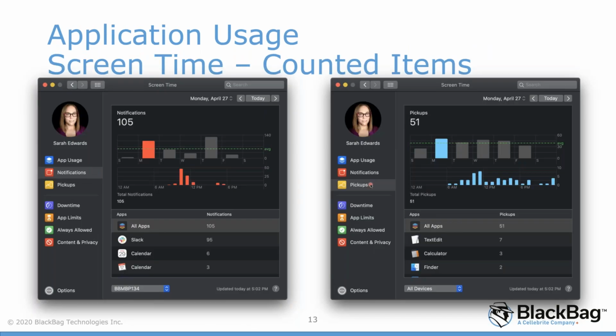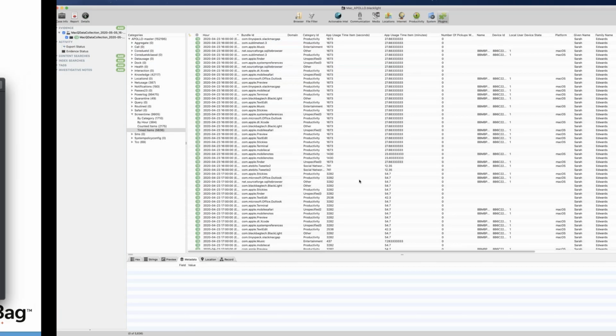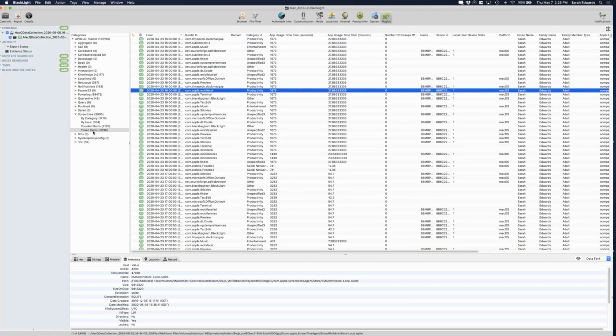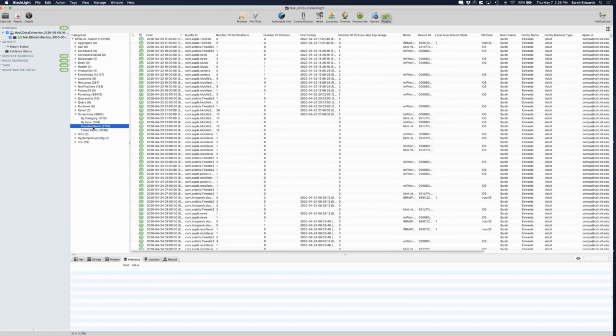Now these are considered counted items. We get timed items and we get counted items. These are the two main tables within the screen time database. There's actually quite a few more, but those are the two primary things that it's aggregating. So we get the counted information up here. And just to zoom in a little bit more,